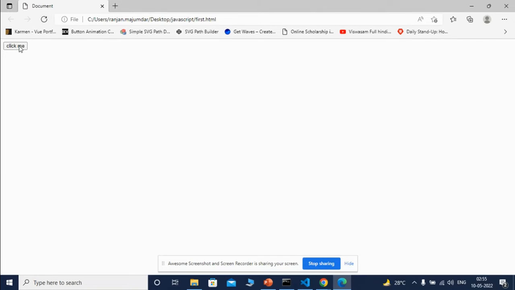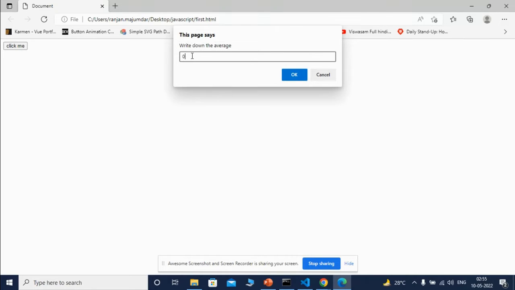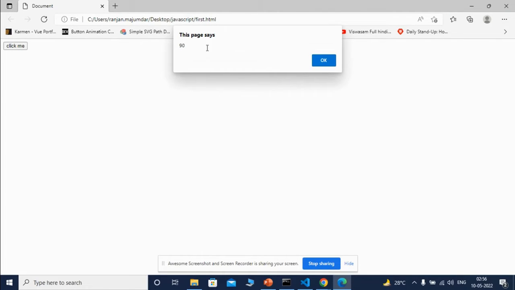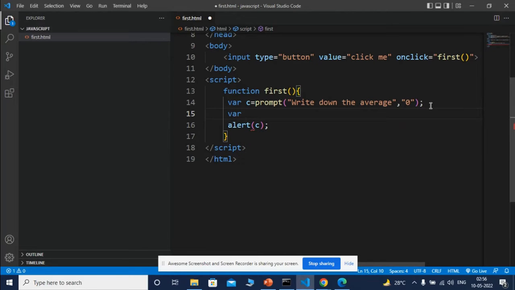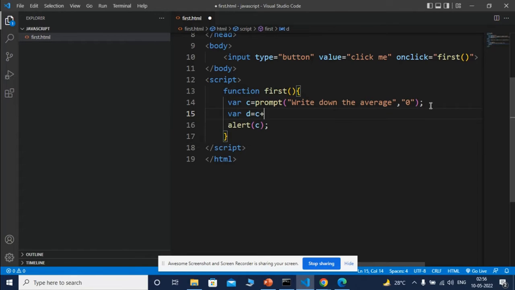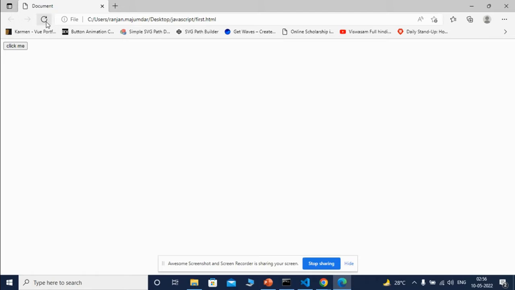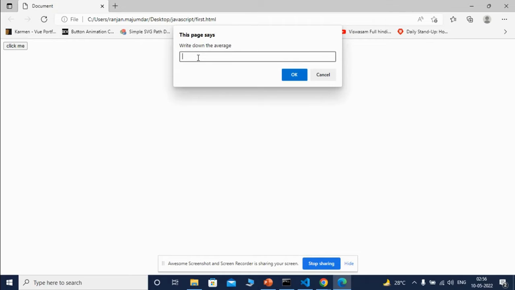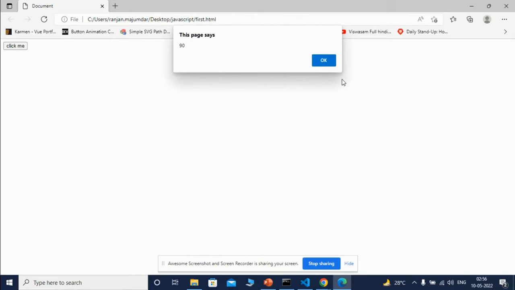refreshing the web page. You can see the default value is a number. If a developer writes 90 and presses OK, you will get 90 as output. I am going to find out the summation with this string value. So in case of JavaScript, if I run this, refresh this web page and click the button, writing 90 here, okay,